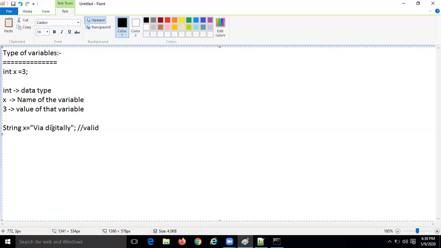Now based on the type of the value represented by a variable, all variables that you are able to declare in Java can be categorized into two types. So how many types of variables are there? Basically two types.